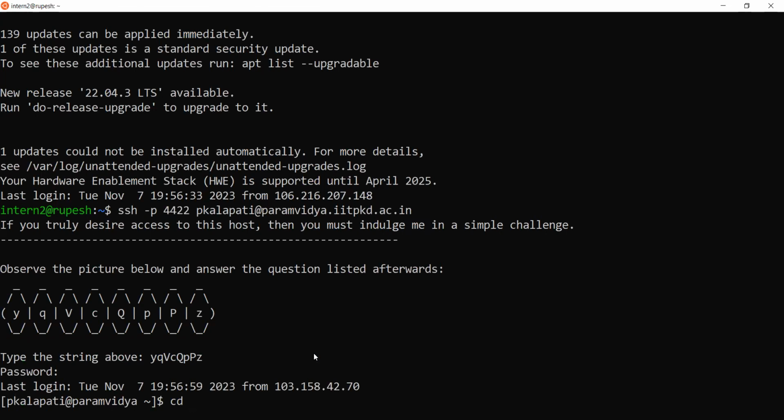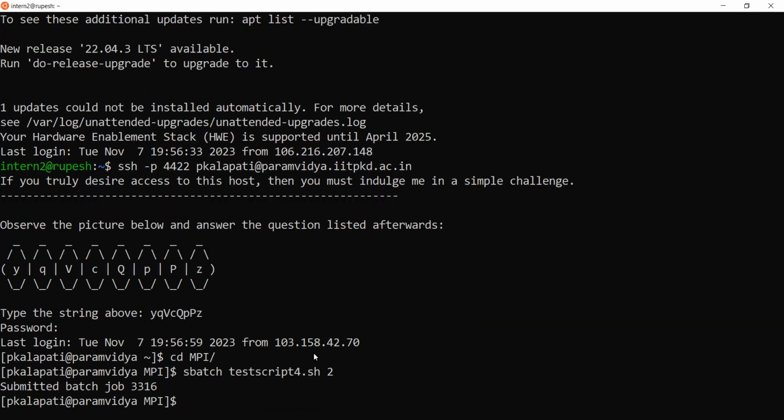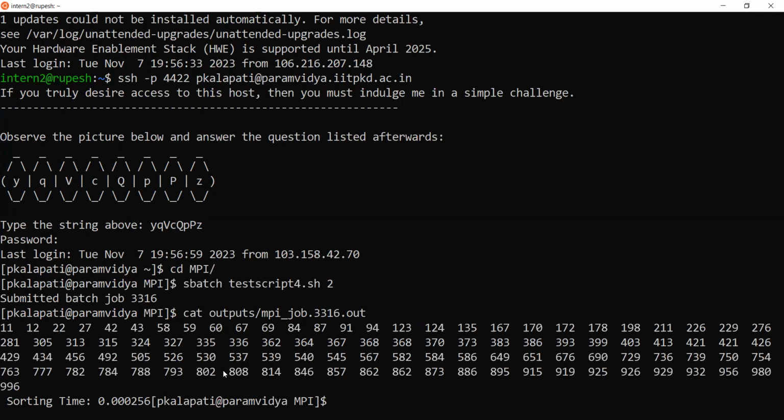cd MPI, okay, sbatch, sbatch test script 4.sh. Here number of processes is 2. Yes. How can we see the output? Cat outputs MPI job 3316.out. Now when we look at this simple output, okay, all these